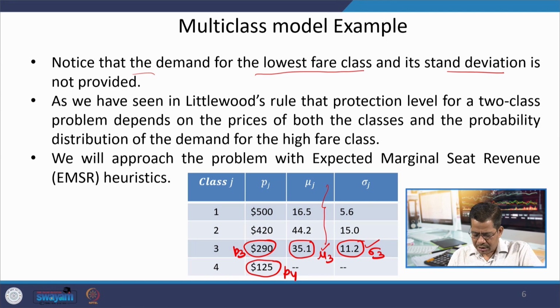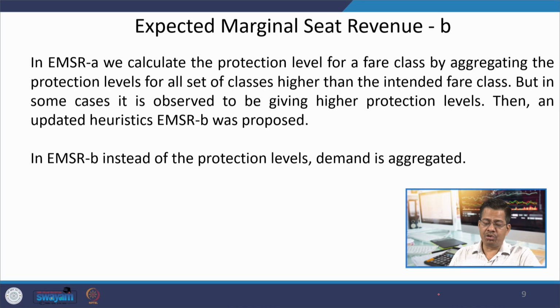What we are going to do is aggregate them: we will take the average of mu's and the average of sigmas, and on the basis of that we create a virtual class. That virtual class is used, you can say, for getting a direct level of calculation. So all these sigma activities will be minimized and you will have your direct answer with that updated method of EMSR B. So, all the higher classes which are available, we will be able to aggregate their requirements.